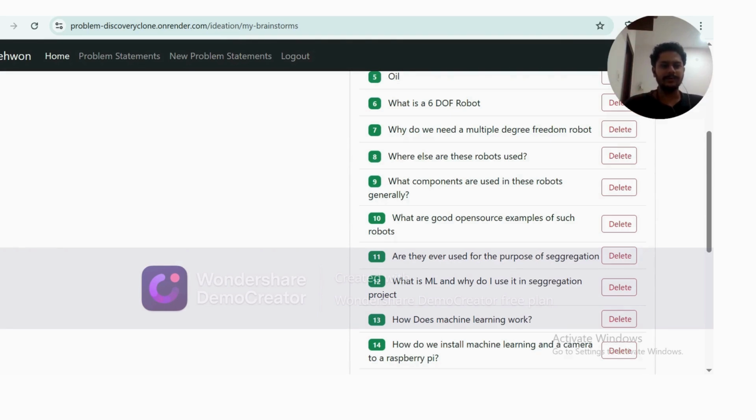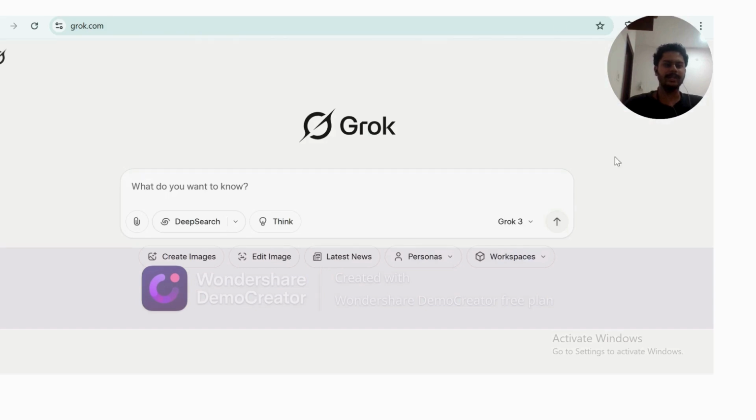Now I'm going to enter Grok 3.0, and we are going to learn a bit about prompt engineering. The first thing that I do with Grok is set up some context. So I write context. The context is, I am making a solution for a problem which is